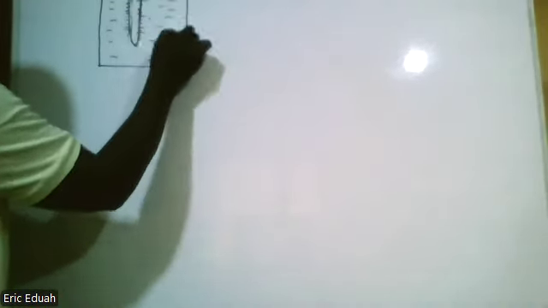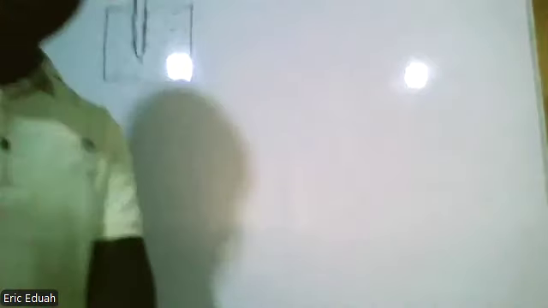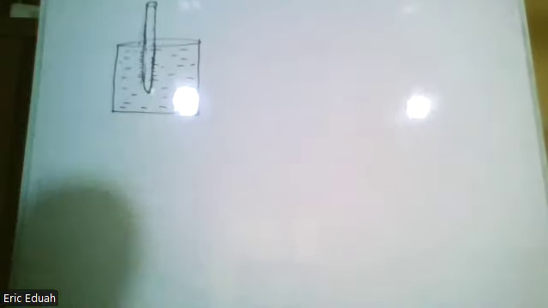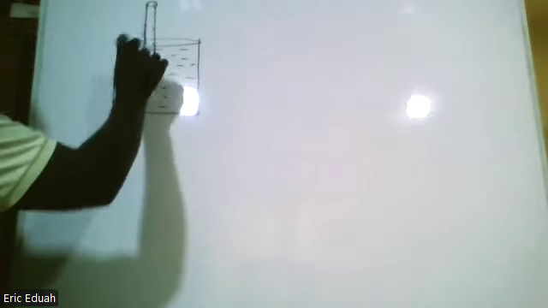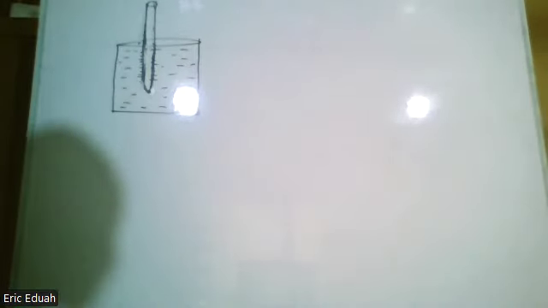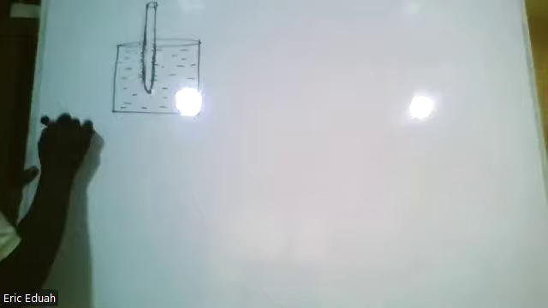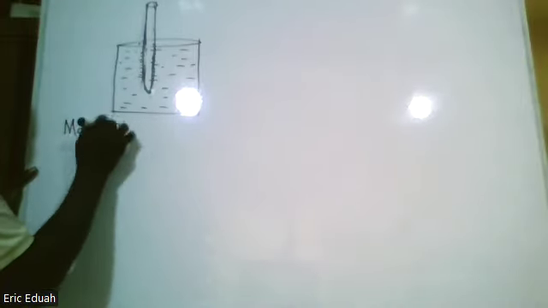The more it sinks, the less dense the liquid is. So the hydrometer is something like this. The deeper it sinks, the less dense the liquid is. Okay. Now it works on the principle of flotation, which is mass of hydrometer